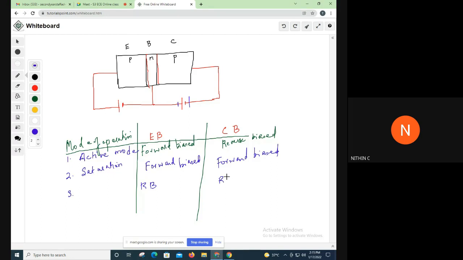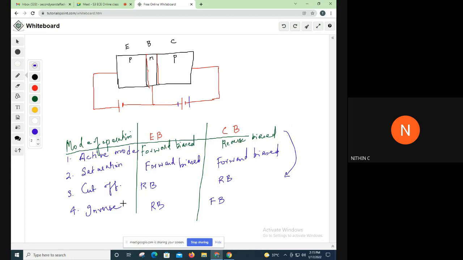So third, I'm taking another combination, that is I'll be making both the junctions reverse biased. And which will be the mode of operation? Yes, it will be the cut-off mode of operation. And finally, you have a mode which is not quite often used, where we have the reverse manner: the emitter base junction will be reverse biased and the collector base junction will be forward biased. That is just the reverse of the active mode. That last mode is called the inverse mode of operation. That is not commonly used.